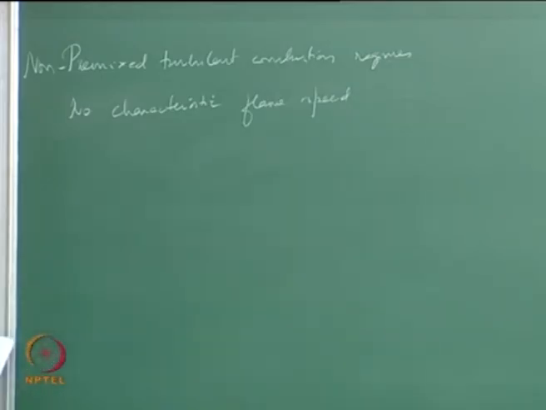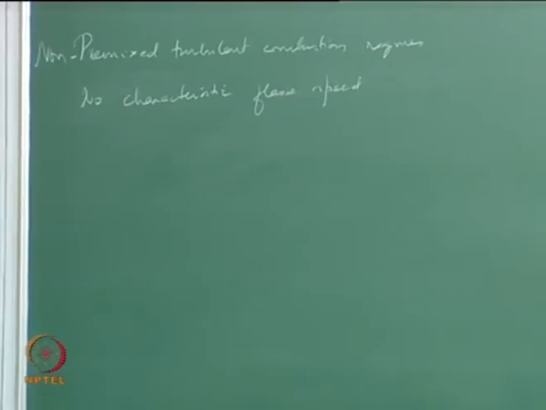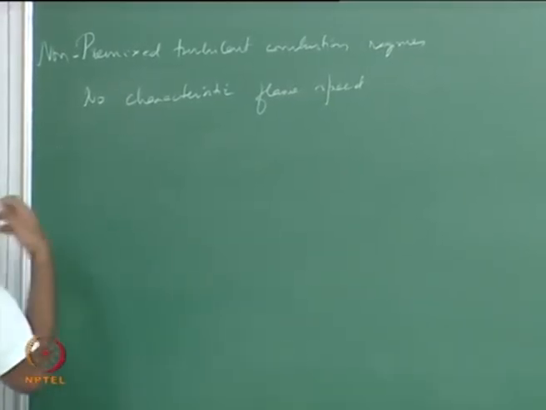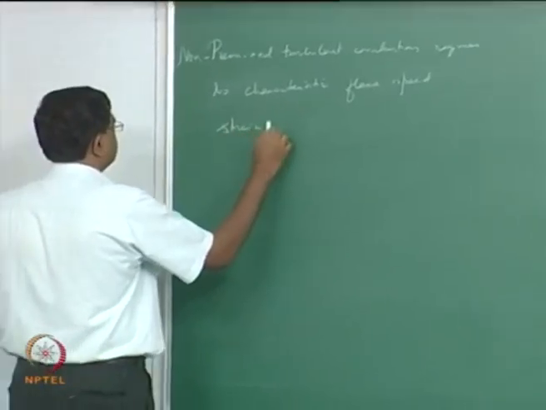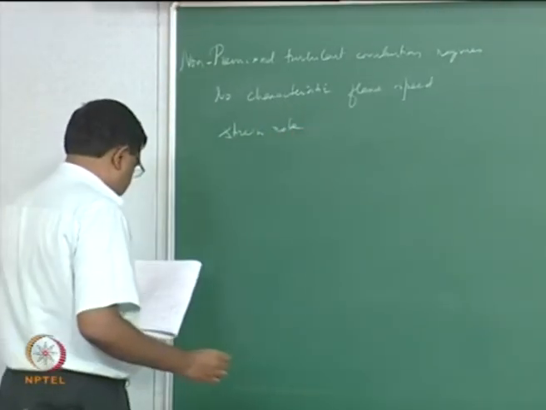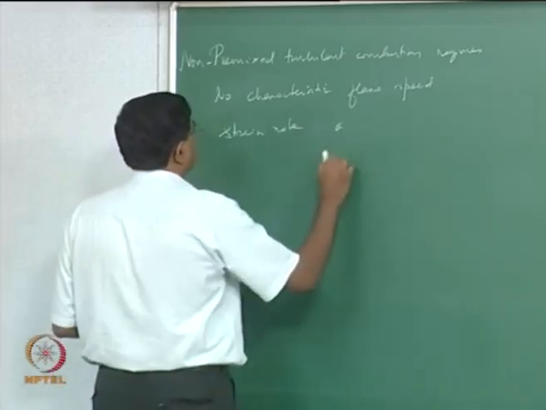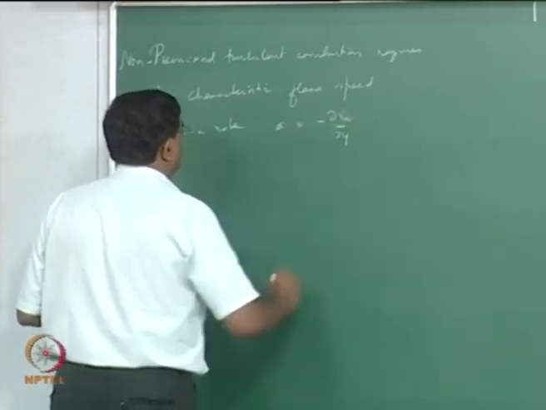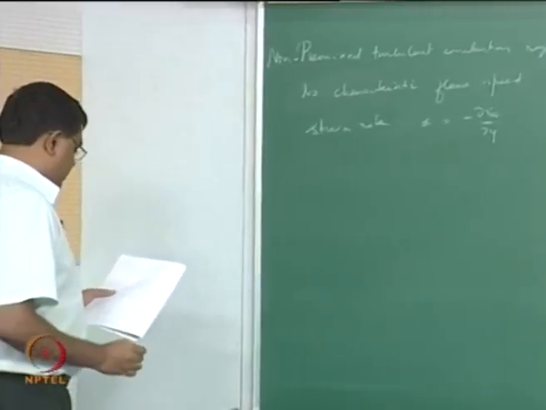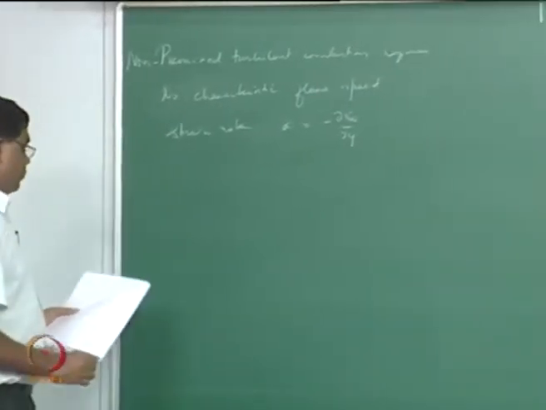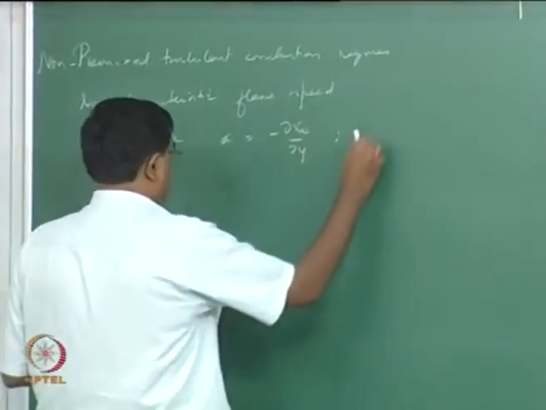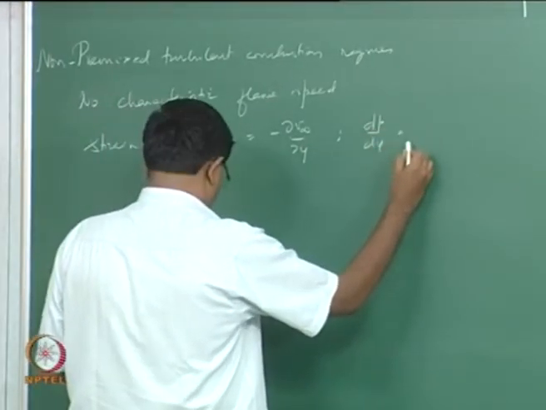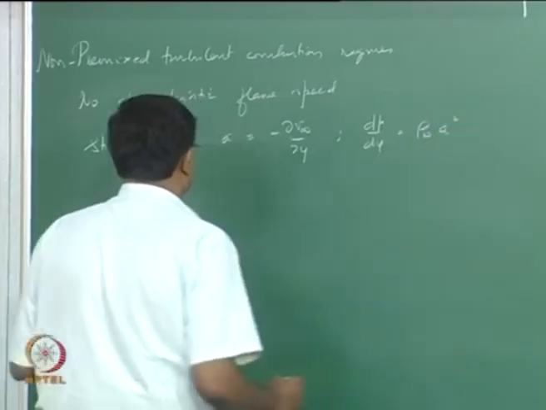Right, but instead what we want to actually look at is, if you are looking for velocity gradients in the flow, and of course turbulent flames will have velocity gradients in the flow. So if you're now looking at something like a strain rate, let's say it's given by symbol A, and you have something like dou u infinity by dou y for the flame. It's also related to the pressure gradient in the flow, that is, you can say dP by dy equals rho infinity A squared, where A is the